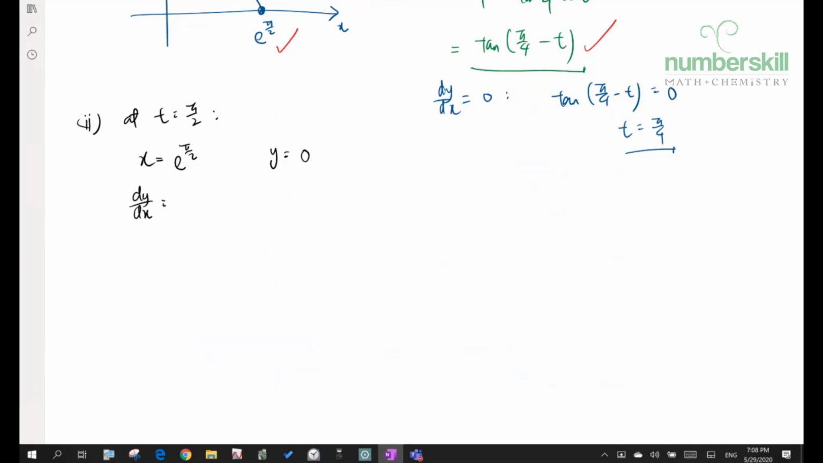So the dy dx will be tangent pi over 2, right? So tangent of pi over 4 minus pi over 2, that's like minus pi over 4. That's going to give you minus 1. And we can use calculator. So the equation of the